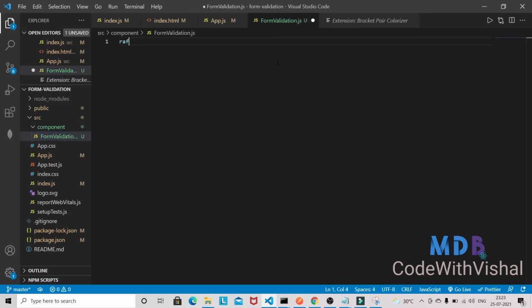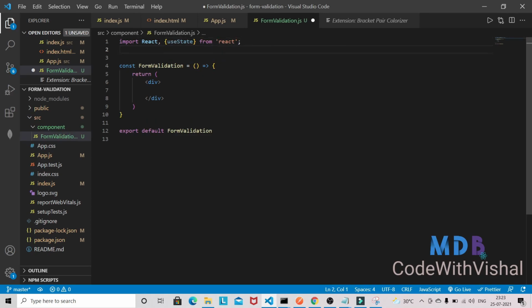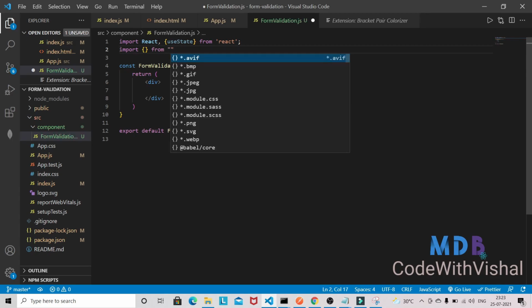I'm just going to generate the snippet here. We got the snippet using the command rafce, and from React I also need the hook useState, and from MDB, that is Material Design Bootstrap, we need some components.